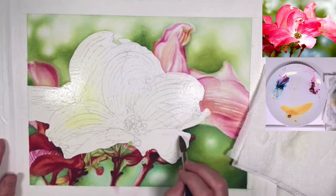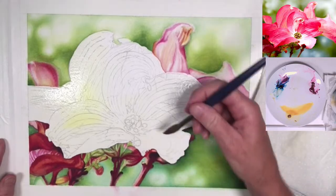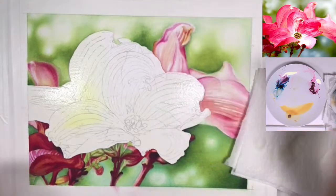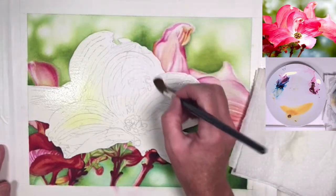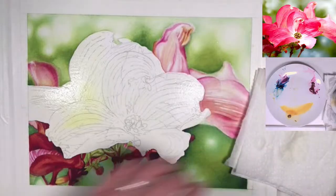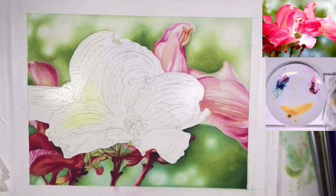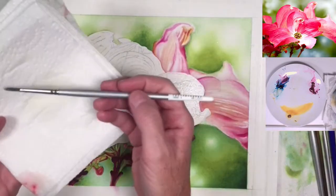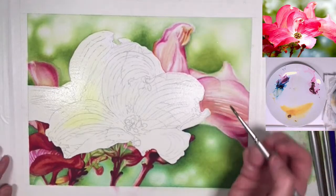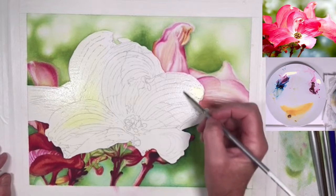So when we were going over the water before, what it was most important for is when you're doing backgrounds and you're trying to get these colors to blend out. That's when it's really important. Okay, so I have my big brush. I'm going to set that aside, and now I'm going to go with my number 4. Very watery mixture. And I'm going to pick those areas where, like right here,